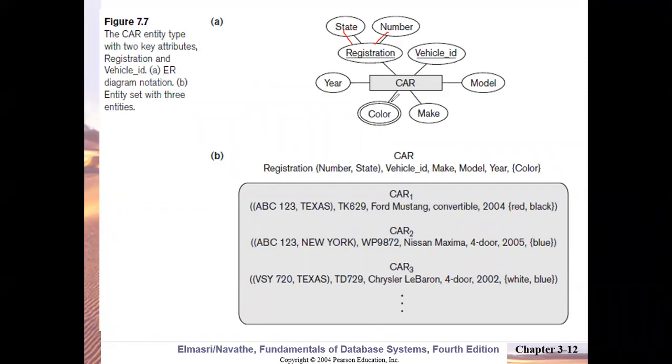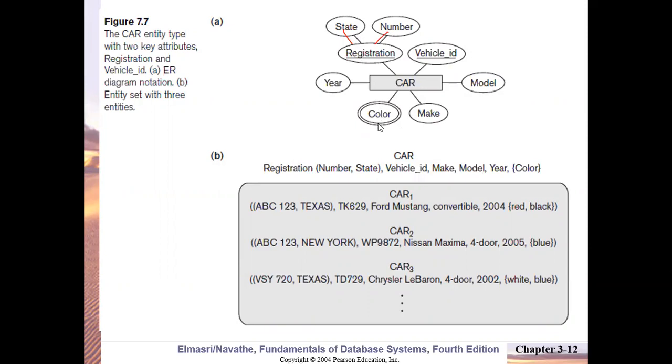Then there are stored and derived attributes, which we don't have here, but remember, derived attributes are shown by a dotted border. Stored attributes, normal attributes, and single valued attributes are shown by normal ovals. Composite is shown by ovals attached to the oval, multi-valued by a double border, and derived attributes by a dotted line border.